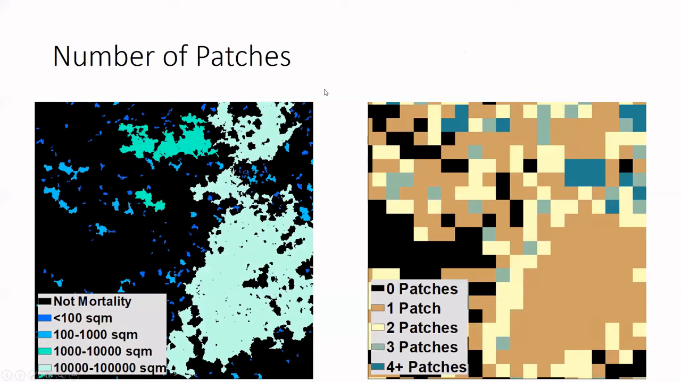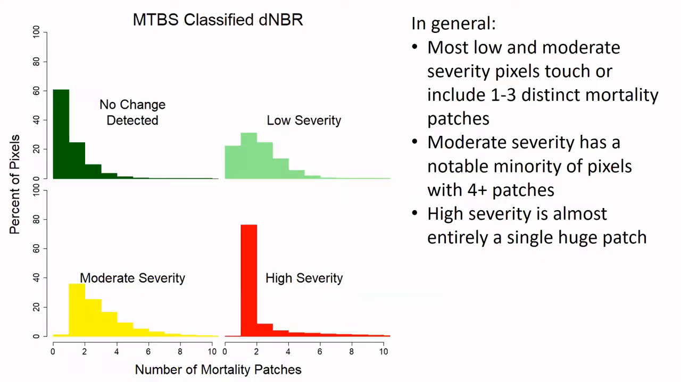And speaking of number of patches, we can just straight up count that and then compare that to Landsat severity. So we can see that, for instance, high severity is pretty much always a single patch. That is just that big stick up where we have one patch in the pixel. Low severity is usually sticking to 1 to 3 patches, and pretty much the only severity that gets 4